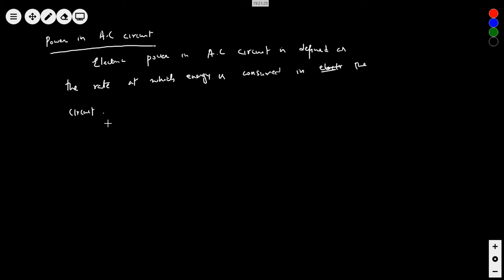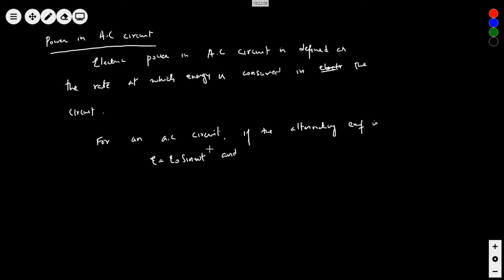So for an alternating current circuit, you see I am doing power as a whole. Then we are going to apply it for inductive, capacitive and resistive circuit as well as resonance one. So for an AC circuit, if the alternating EMF is E equal to E naught sine omega t,